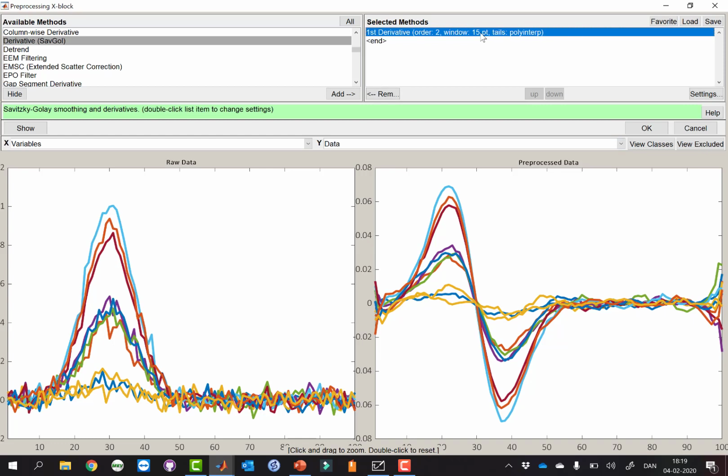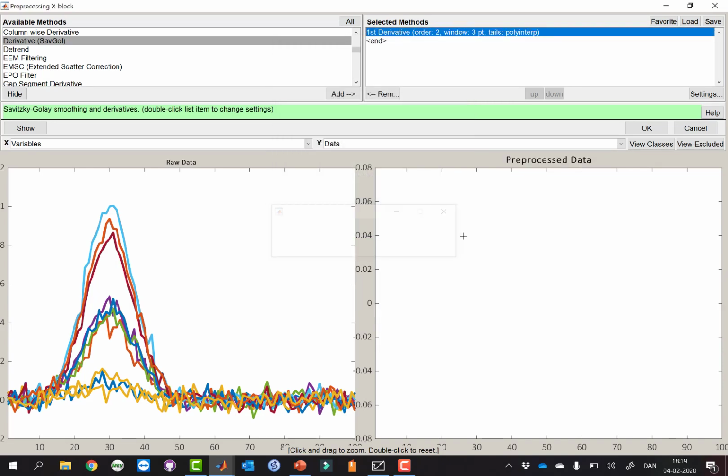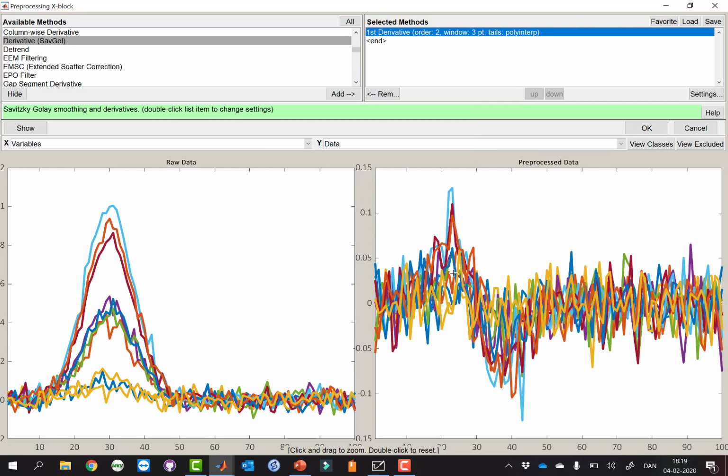If I make the window much smaller, let's say I do 3, then you see that we run into problems. Now we can sort of see what the derivatized spectrum should look like, but it really is too noisy to see anything.